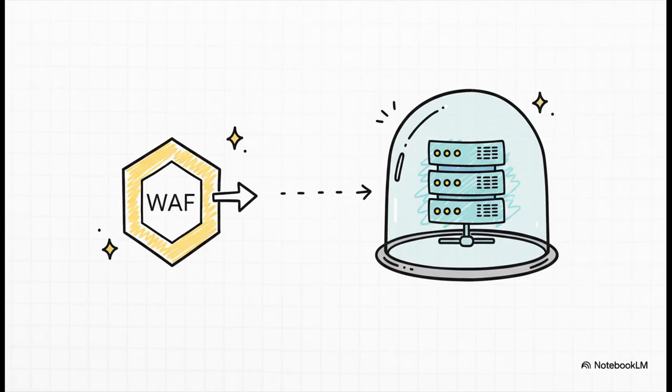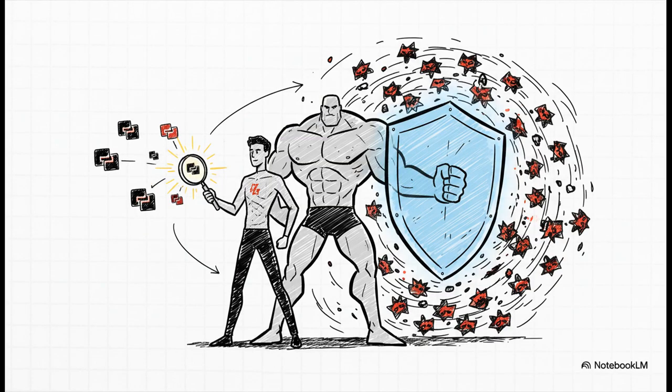Now, for all you developers out there, you're going to love this one. You can add this incredible layer of protection without changing a single line of your application code. How? Well, because the WAF sits in front of your app, the protection is totally external. No code changes needed. Look, even the best bouncer knows when to call for backup, right? And the WAF works hand in hand with another service called AWS Shield. Together, they are your defense against those massive distributed denial of service attacks, DDoS attacks, where someone tries to just flood your app with so much traffic it just falls over.